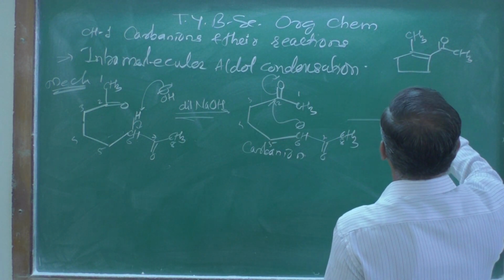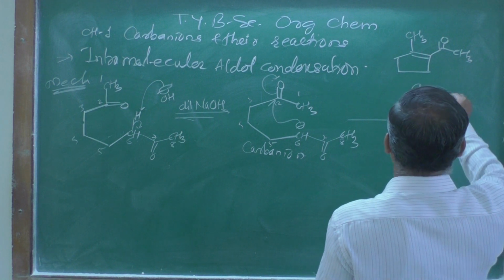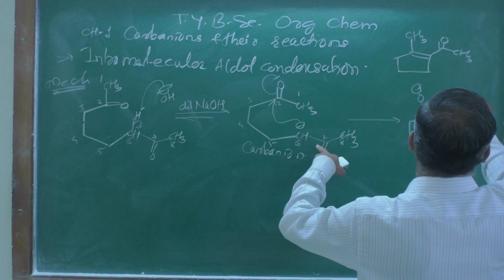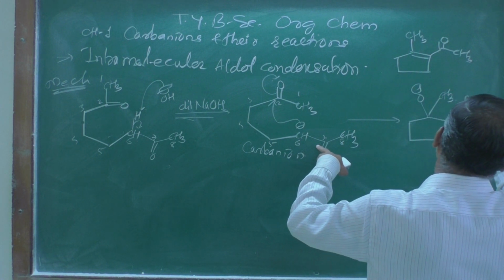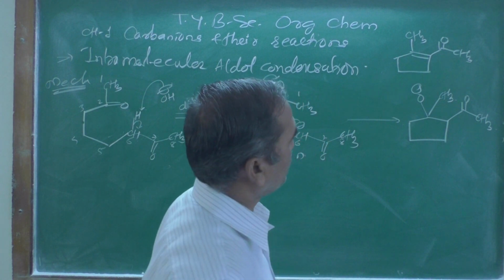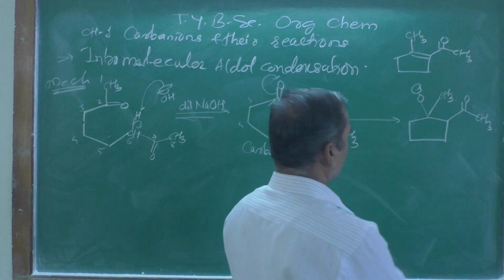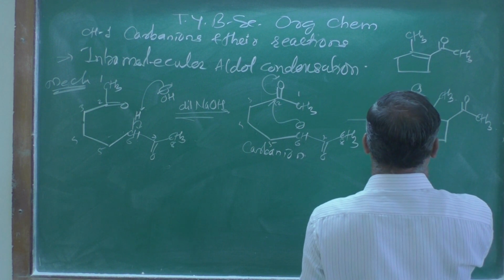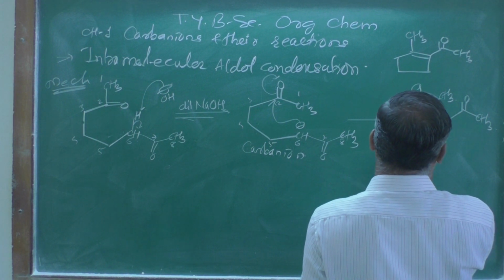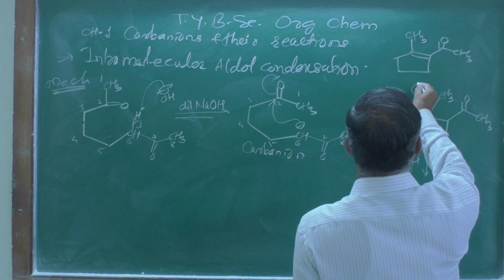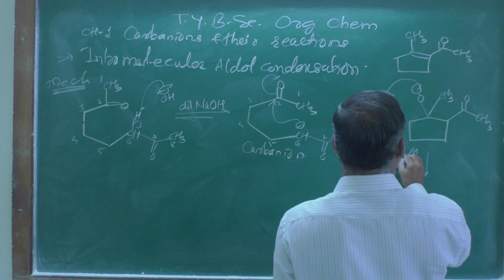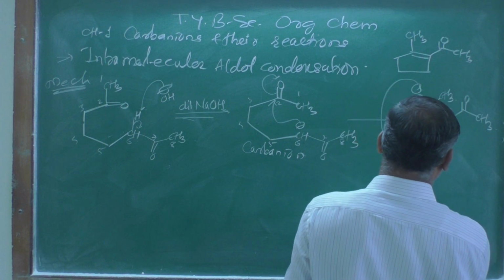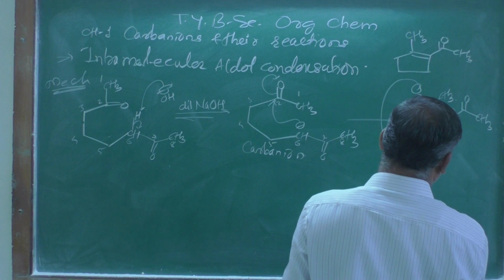Here you can write O minus, and the methyl group you can write as it is, and this is the group which you can write like this, right? So this is the group we are going to get over there. And now this alkoxide will pick up the proton from this water, H plus, so this OH minus can abstract a proton from here during the workup, and what you are going to get,